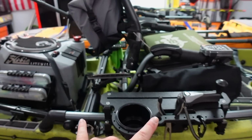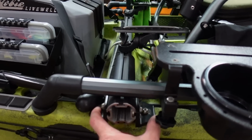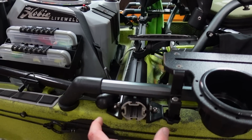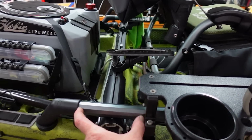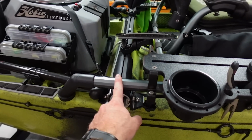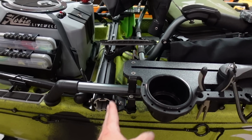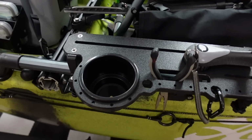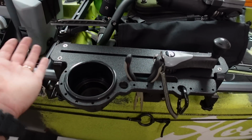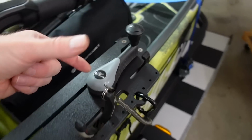Well, I couldn't put it behind it because my boondocks rail is kind of sticking right here up under my H-rail, and it makes it so I can't use this much of my H-rail, if that makes any sense. So I couldn't go any further back, as you can see, than right here. So what I decided to do, since this stuff is so easy to work with and so easy to cut and drill through, is I cut a hole right here and I slid it over the top of